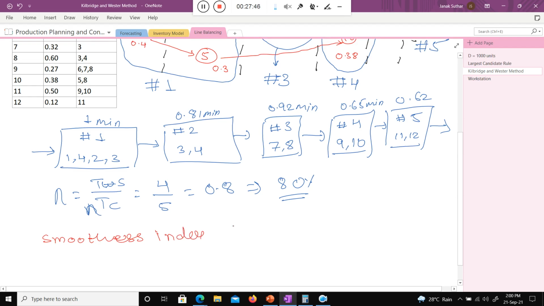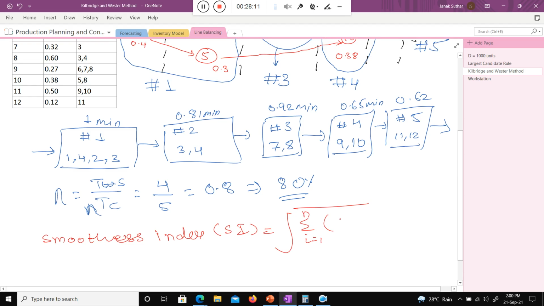How can you calculate the smoothness index, SI? It is a simple thing, one formula that shows the variation, how much variation there is. Under the root, suppose there are n workstations, from 1 to n.